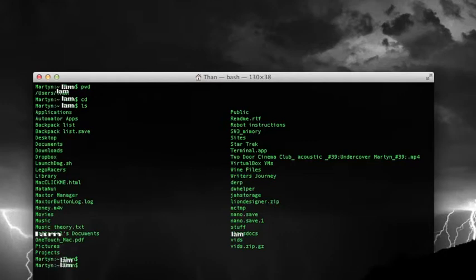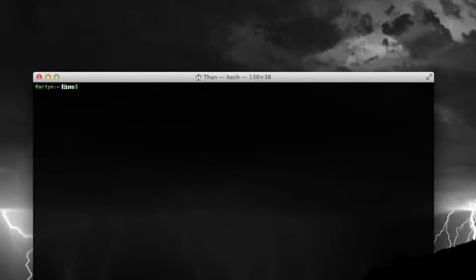Now, one more thing I'll show you today to demonstrate why this is useful to know this stuff. So what if I want to open a program? I'm not really sure where it is, and I need to mess around, find the folder and everything. It's not in the dock. I could open applications and look for it. I could use Launchpad, which makes things easier these days. Or I could just type in